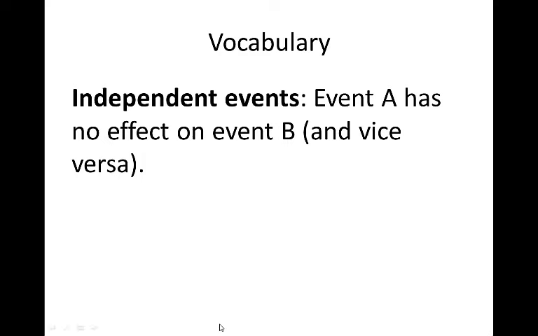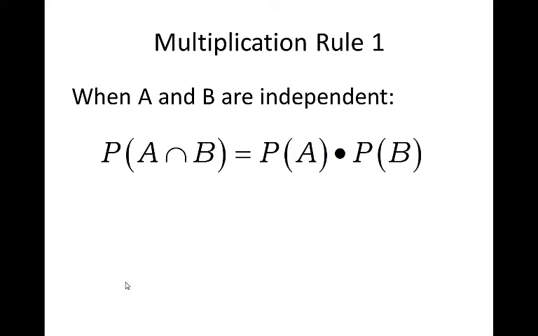So, vocabulary, independent events. When two events are independent, event A has no effect on event B and vice versa. Like flipping a penny. You flip a penny and get a head, and then you flip it a second time. Your result on the first toss has nothing to do with what's going to happen on the second toss and vice versa. So a penny doesn't have memory. It doesn't say, I'm due a head because I haven't had a head in a while. And when they are independent,